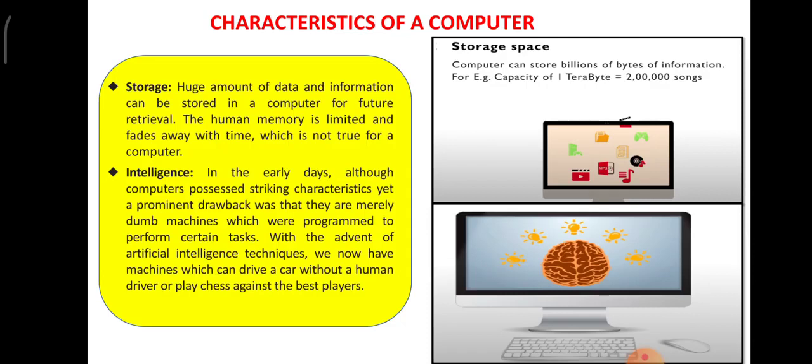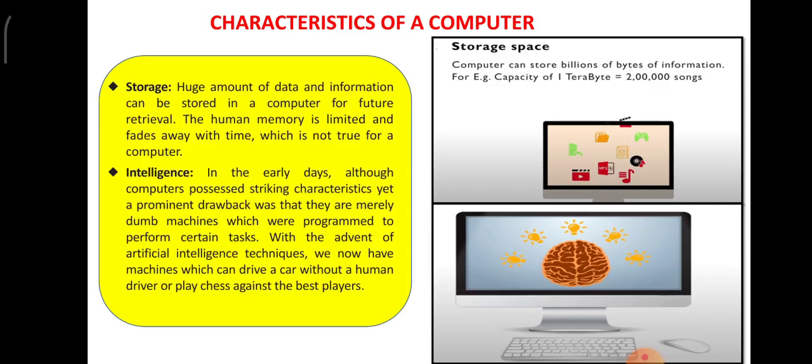That is, see, a computer does not have artificial intelligence. The idea is you give a program. That program, you ask it to do a million times, it will do, but it cannot do something out of the box. So whatever you have framed, only within that framework it can work.